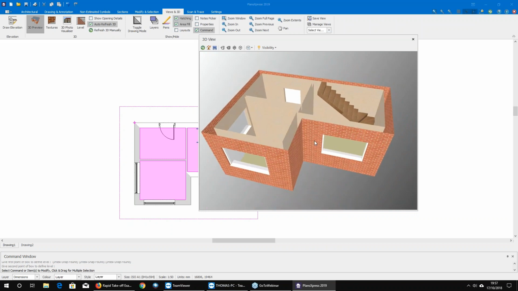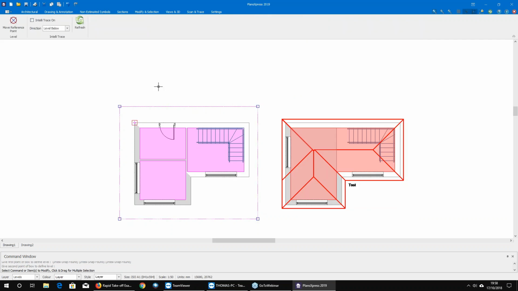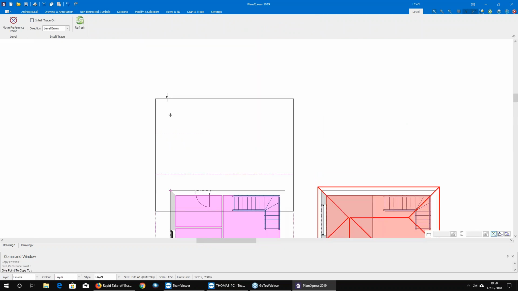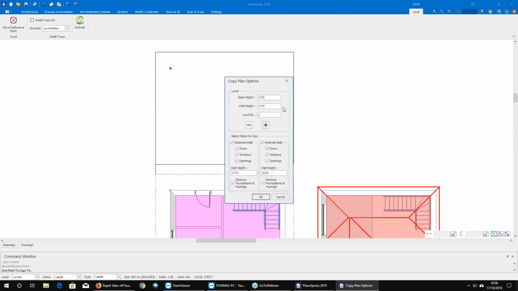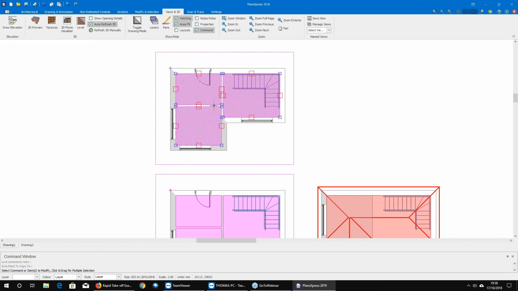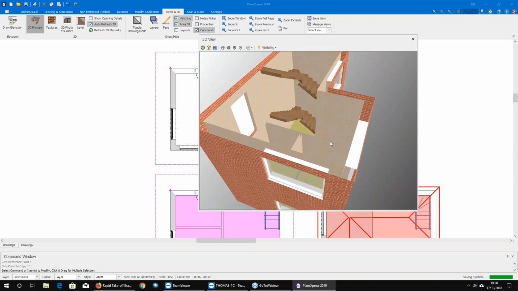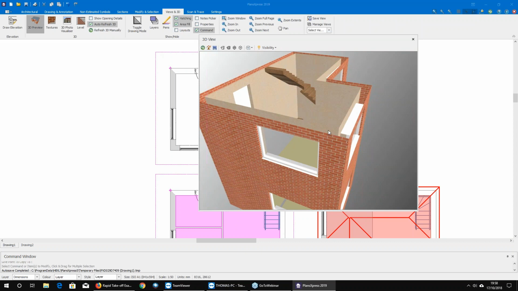Now, this is going to segue into another question about creating stairs so they appear on two levels. If I was to take that level, right mouse click, copy that, stack that, I'm just going to stack it up here. Say my wall height is 2400. Let's create everything from below. I'm just going to delete all that stuff. 3D preview. It's brought the stairs through. It'll automatically bring the stairs through, and it'll only stop bringing them through when I